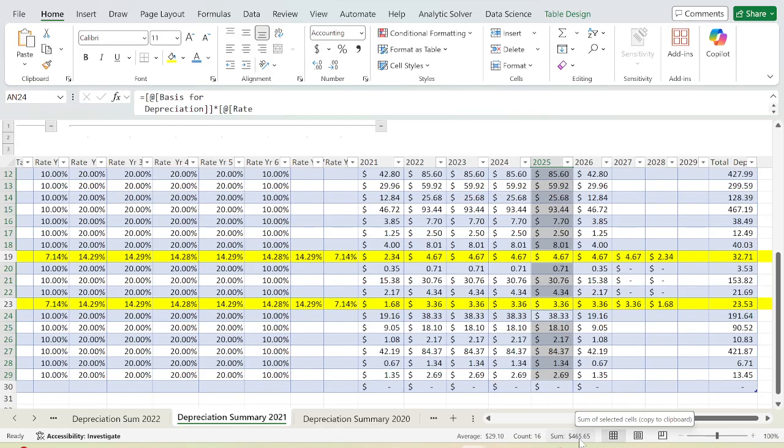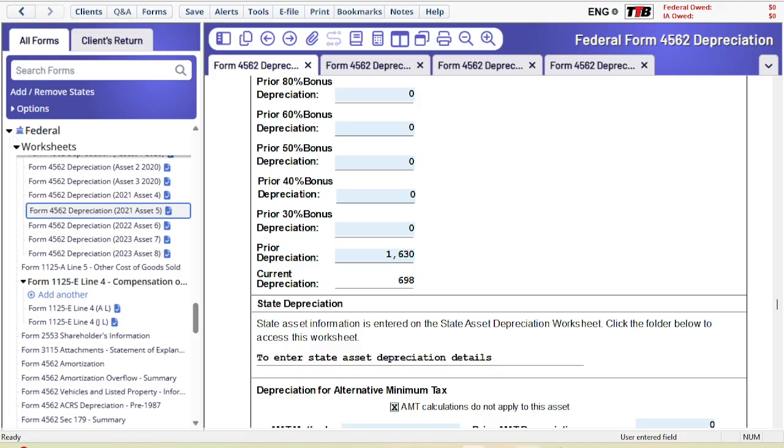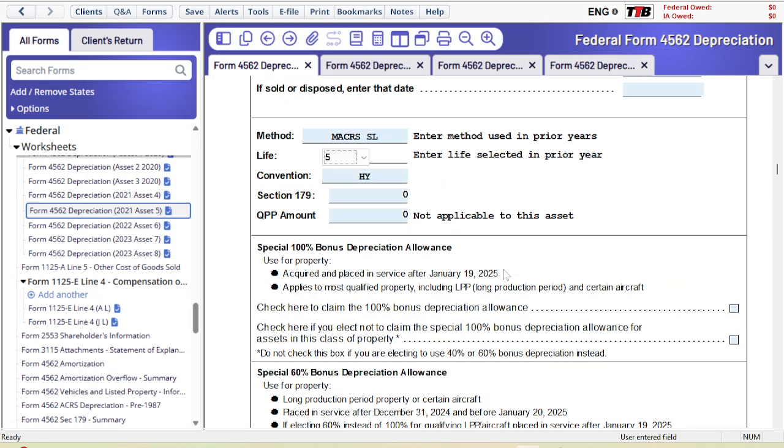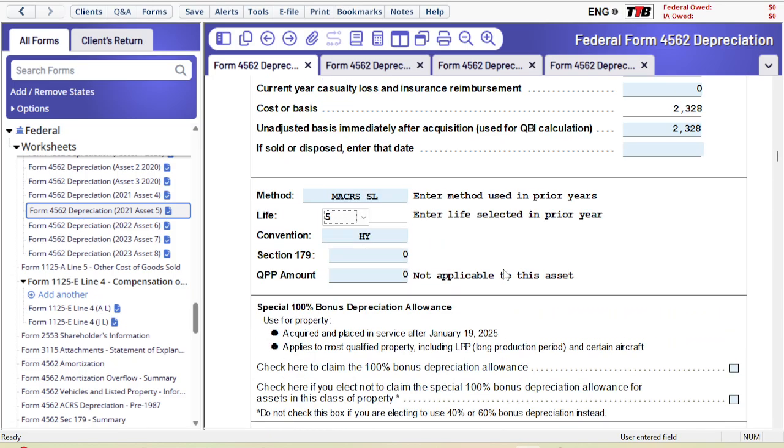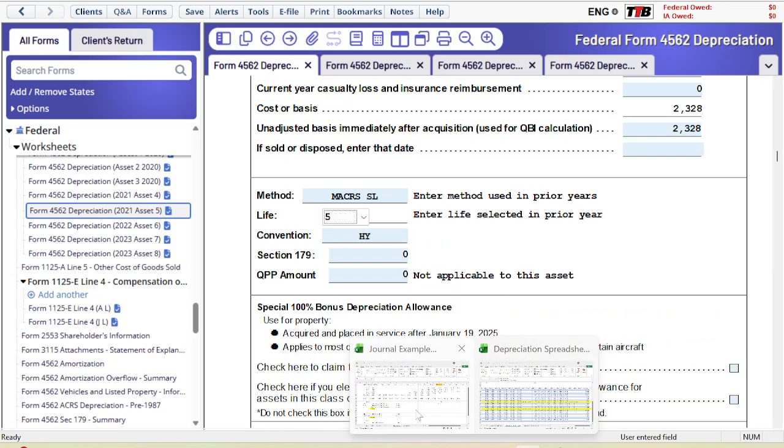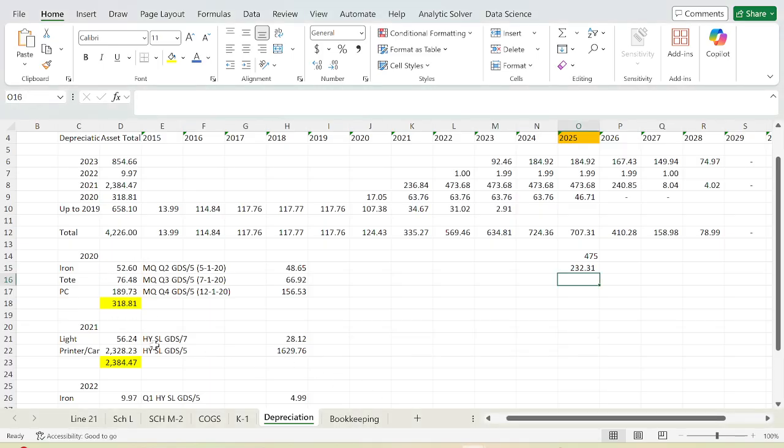Okay, I'm seeing 465.65. 465.65 is what it should be. It should depreciate. So 2000,